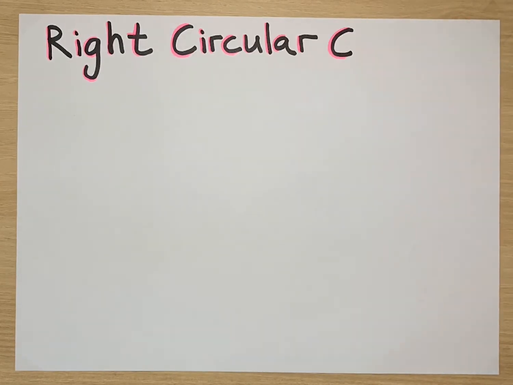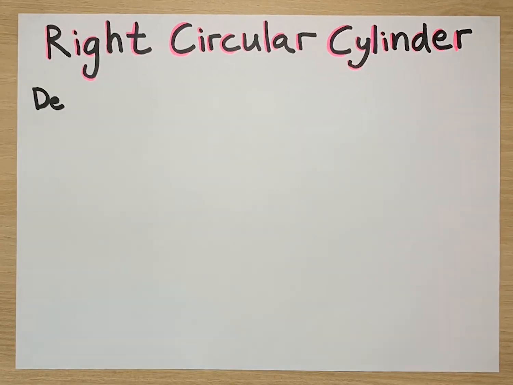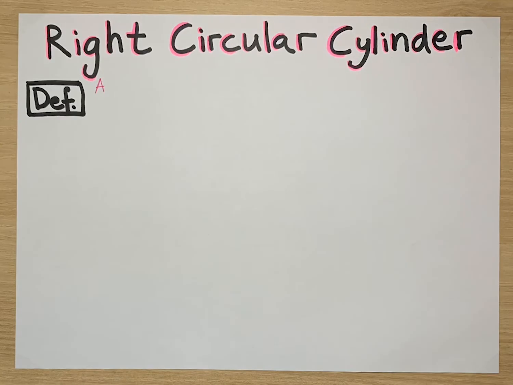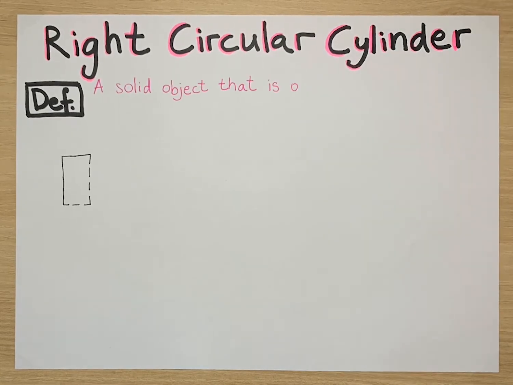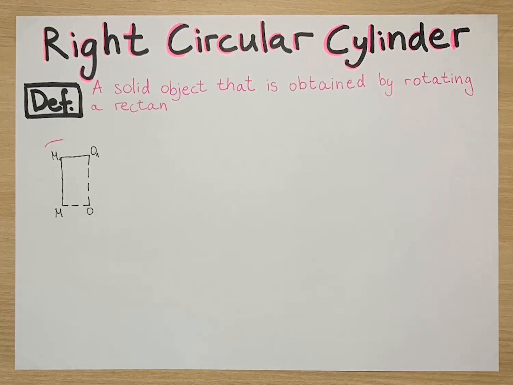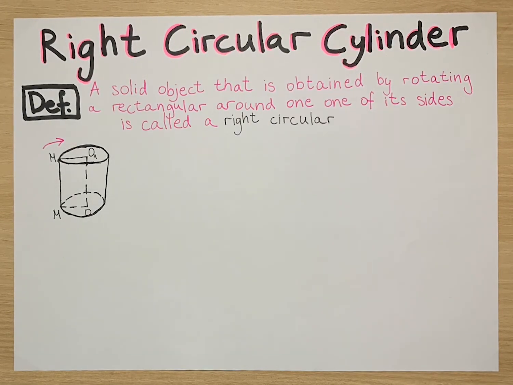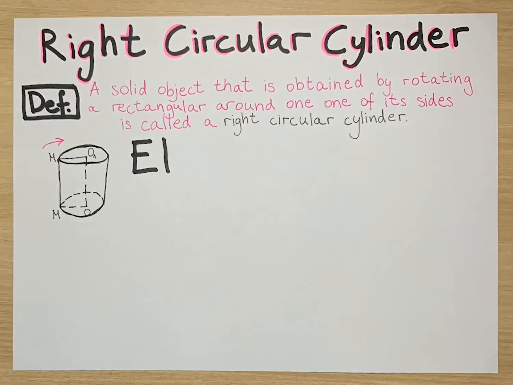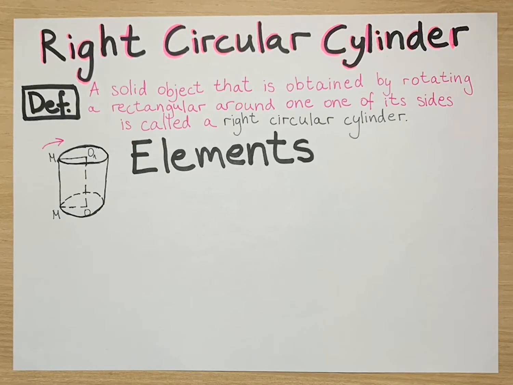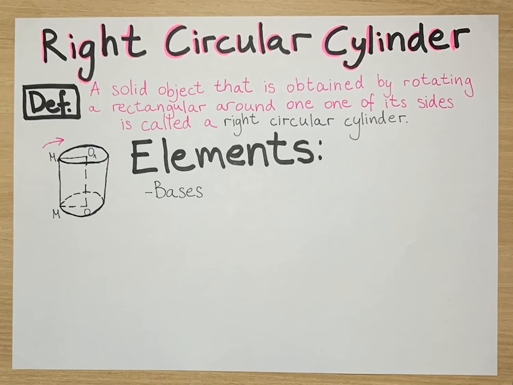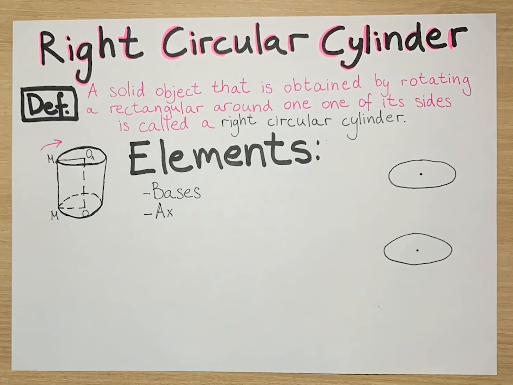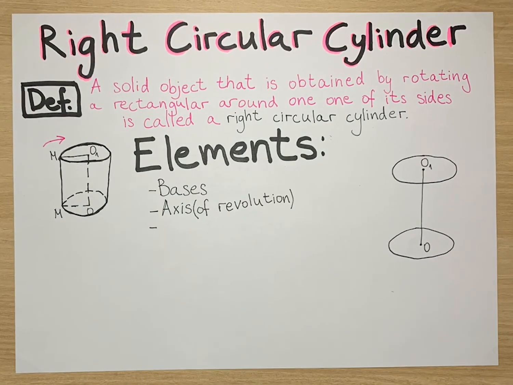Today I'm going to talk about right circular cylinder. So, let's start by giving it a definition. A solid object that is obtained by rotating a rectangle around one of its sides is called a right circular cylinder. The elements of such a cylinder are two bases which are parallel, axis of revolution, radius of the